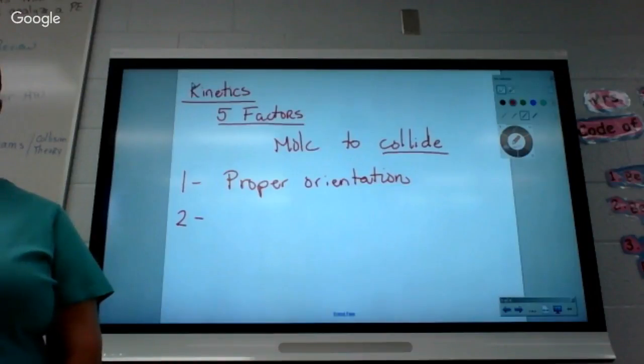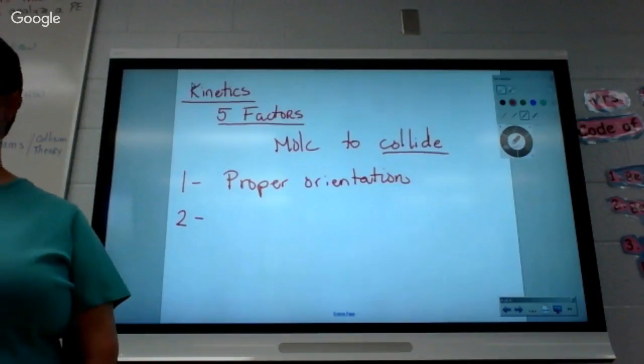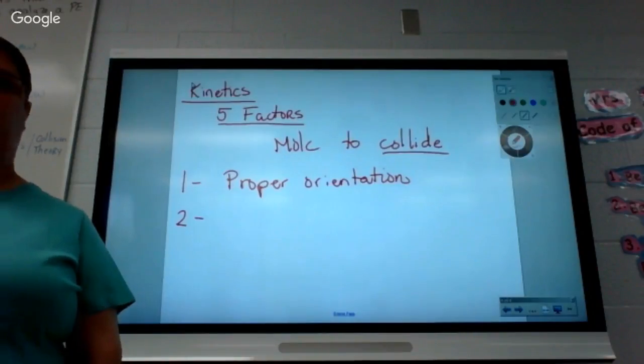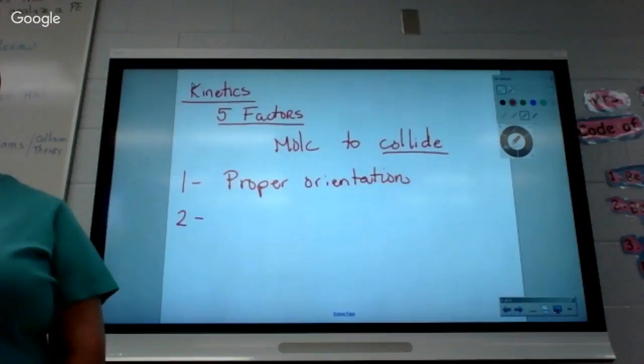Have any of you ever plugged in a 3-prong plug? It's got a round and then 2 flat ends, and you've got to rotate it so that it'll go into the 3 holes. Yes, if you plug it in and you've got the round lined up with the flat, is it going to go in the hole? No, molecules work the same way. If they hit and they don't hit in the correct orientation, they are not going to react. All right, what was the second thing they had to have?